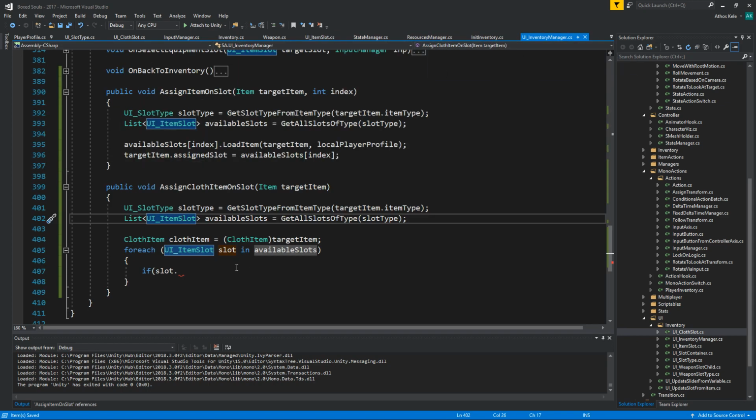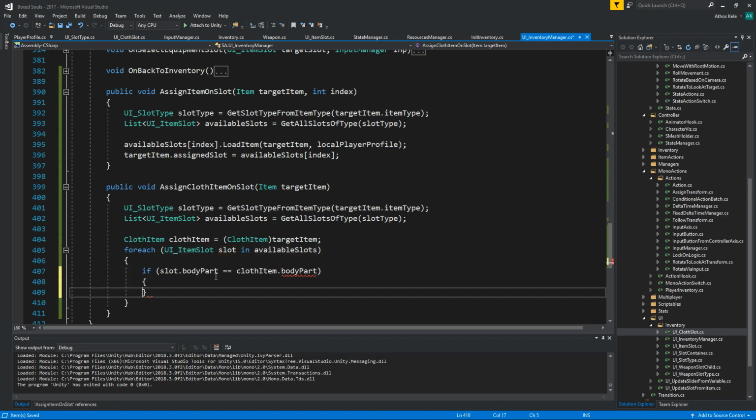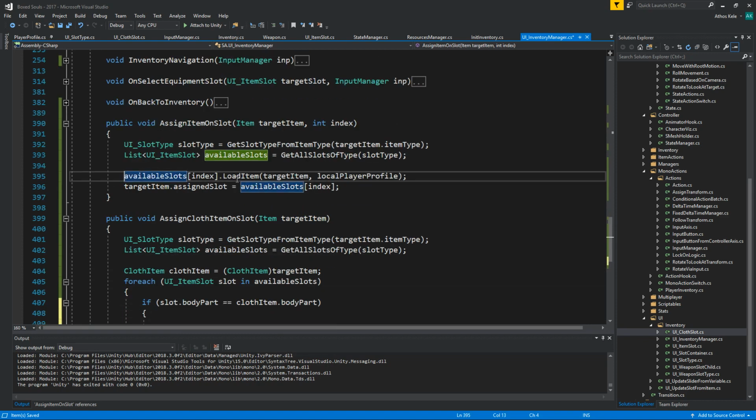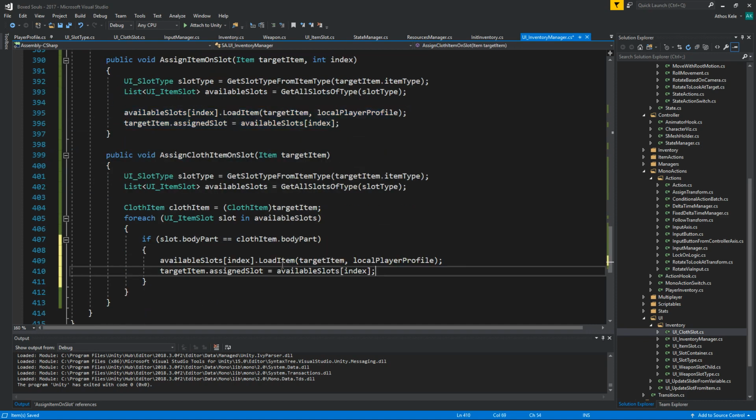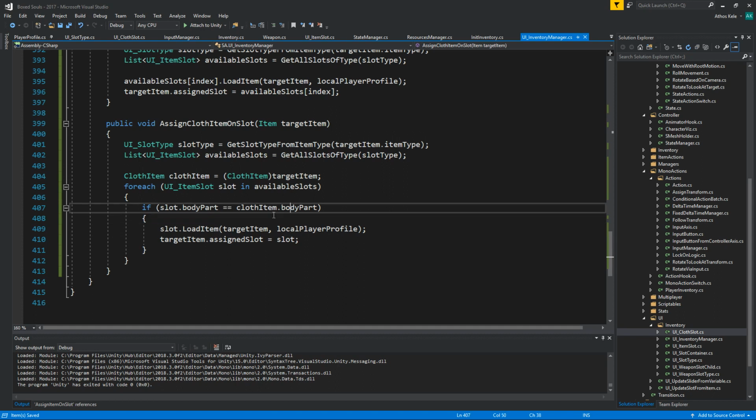And then on the UI inventory manager, slot dot body part equals cloth item dot body part. Then there you go, you are assigning. You're basically going to do this: available slots dot so on and so on, and then you're going to have to assign. This is going to be changed to slot, and this as well is going to be changed to slot. Okay, so taking this and going back to the init inventory,